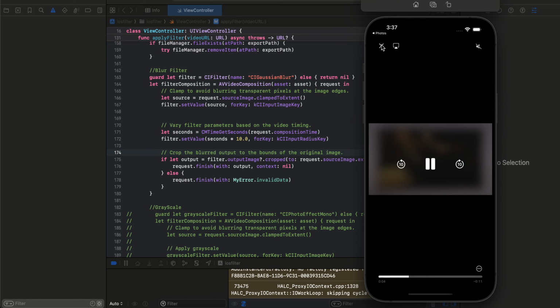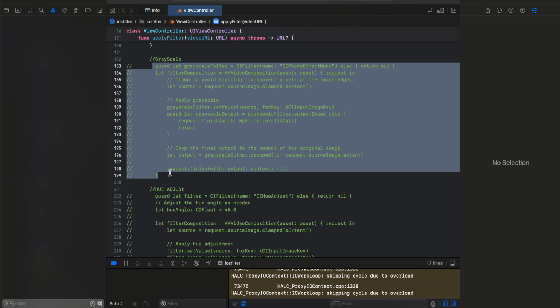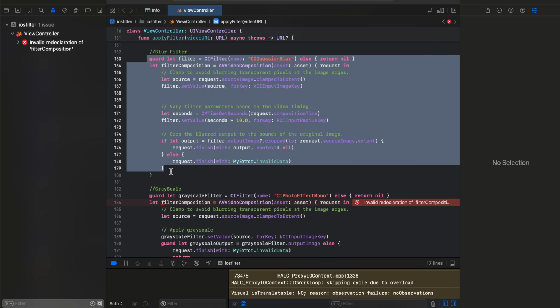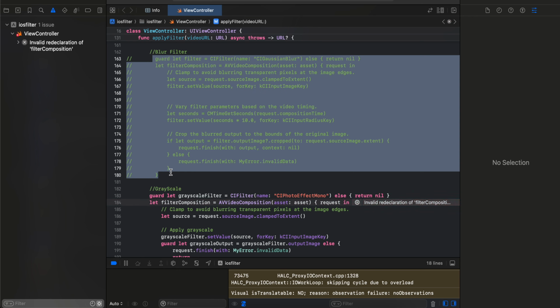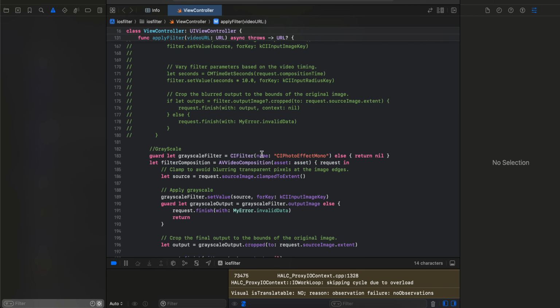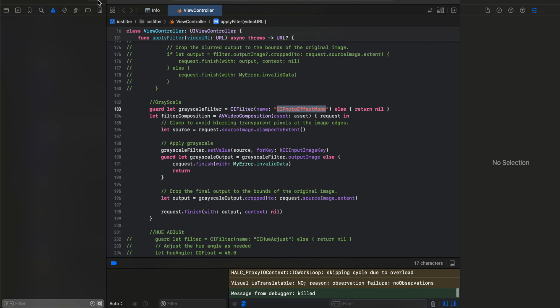Now the second filter which I want to show you is a grayscale filter. There are different filters available. All the CI filters which you have, you can use for applying any type of filtering to your video. For Gaussian filter I am using CI Gaussian blur. For grayscale filter I am using CI photo effect mono. So if I quickly run this,